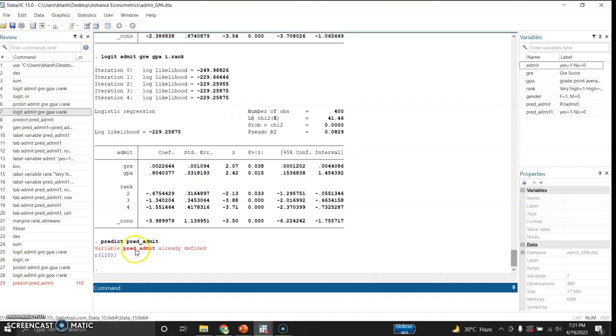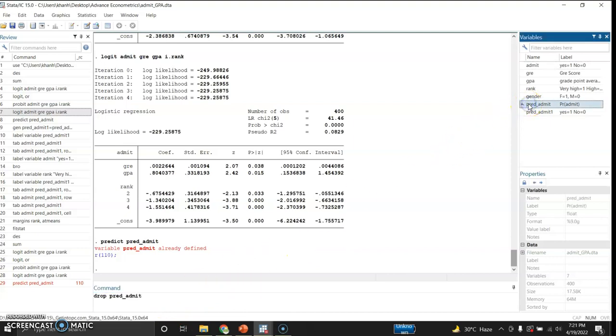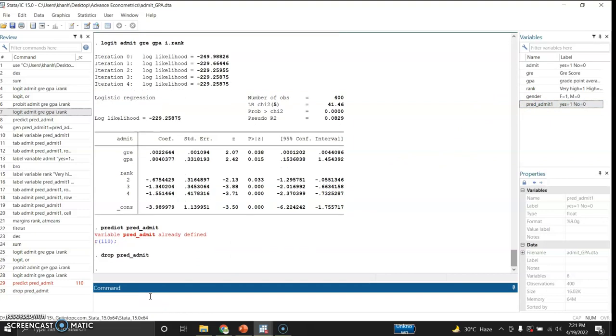Now these are not coming because I have already predicted these probabilities. So let me drop this variable and I will do it again. So I drop this.